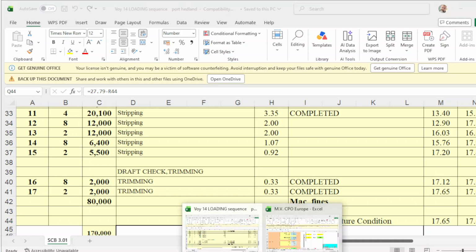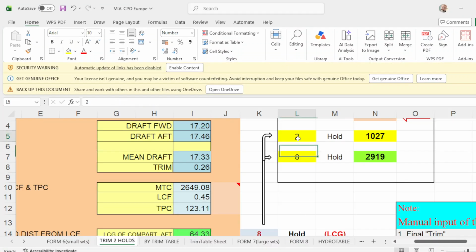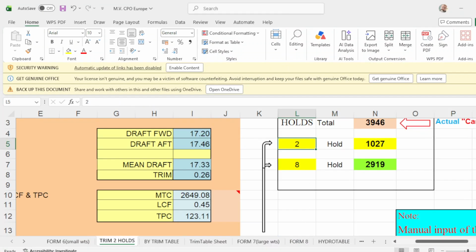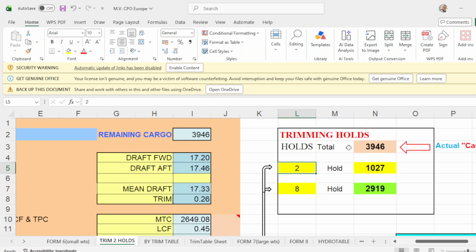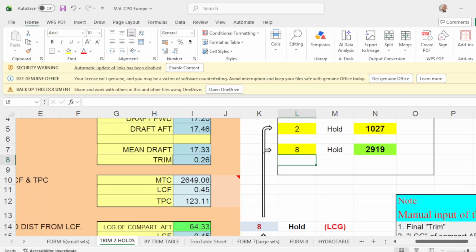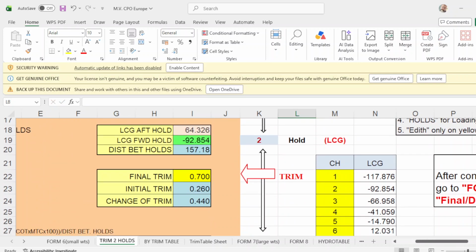According to our loading sequence, these are your trimming holds, 2 and 8. So put here 2, and I put here 8. Okay. Now you go down. And what will be your final trim or the departure trim?